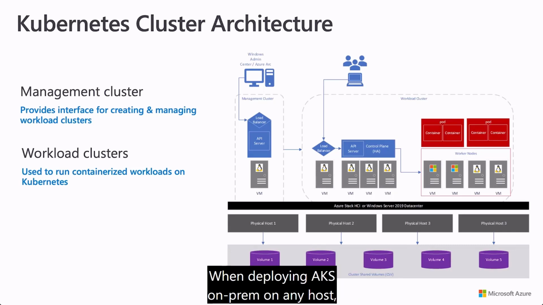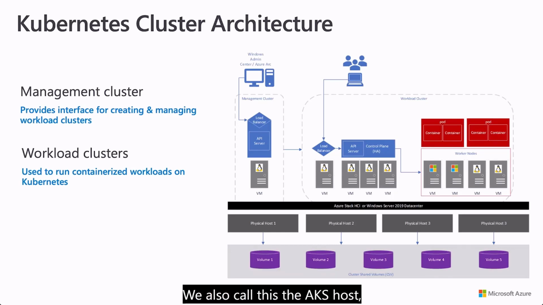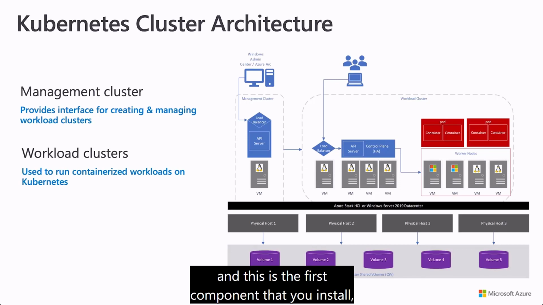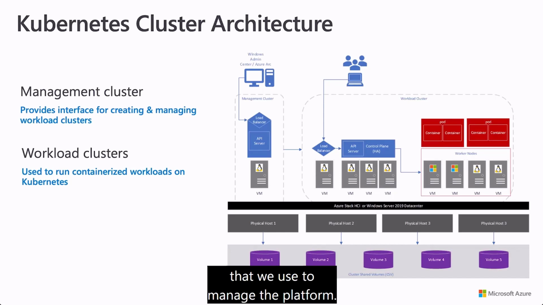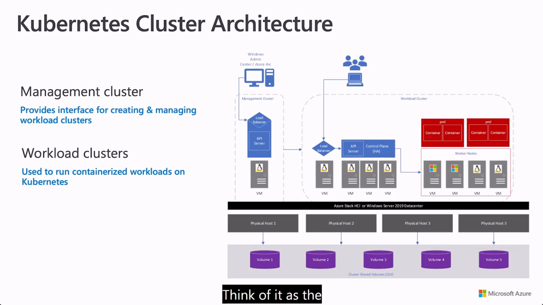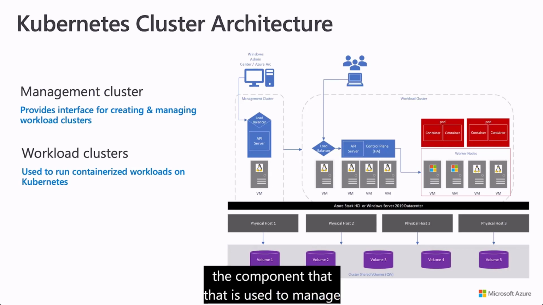So when deploying AKS on-prem on any host, whether Azure Stack HCI or Windows Server, there are two things that we will be installing. The first is the management cluster. We also call this the AKS host. This is the first component that you install, which is basically our core orchestration component that we use to manage the platform. Think of it as the component that is used to manage other clusters, or the workload